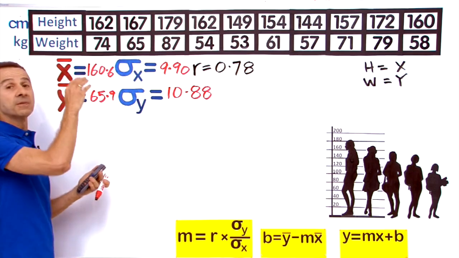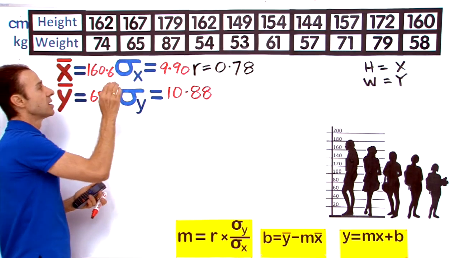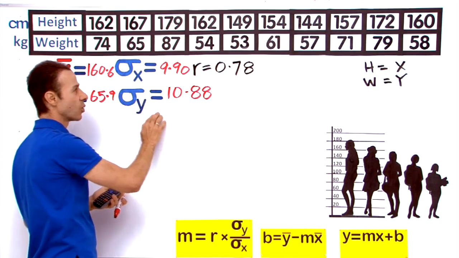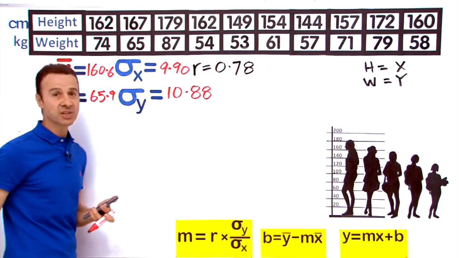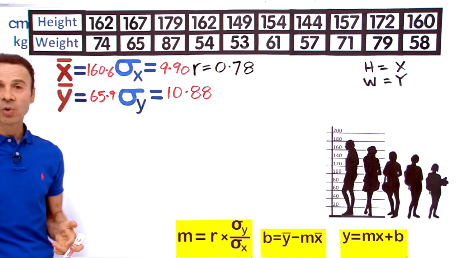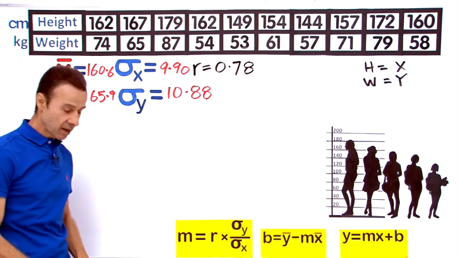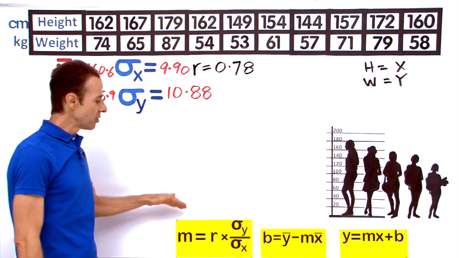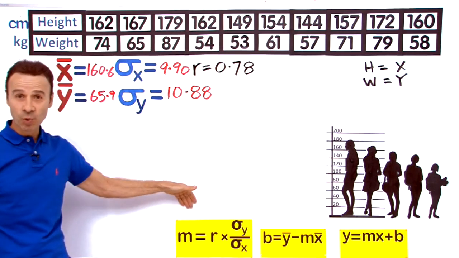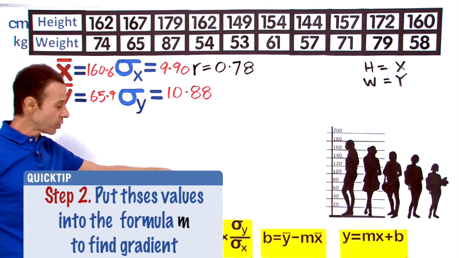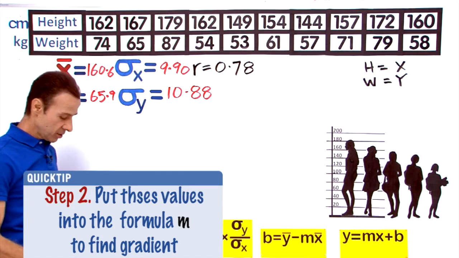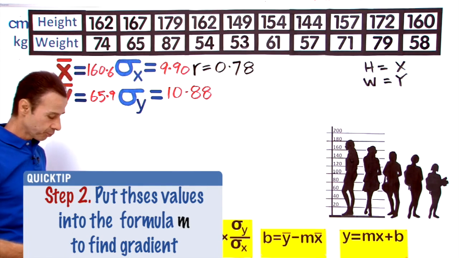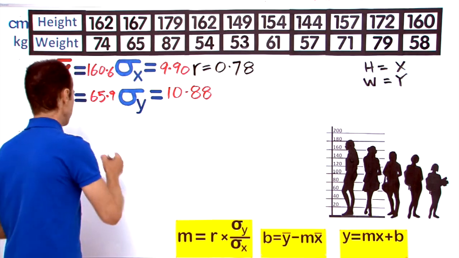So we have the mean for the x's, mean for the y's, standard deviation x's, standard deviation y's, and we have R, the correlation coefficient. Now that we have all of those, we can start putting those values into step number 2 so we can work out the gradient, the slope right over here. So let's work with that now. So our M, gradient